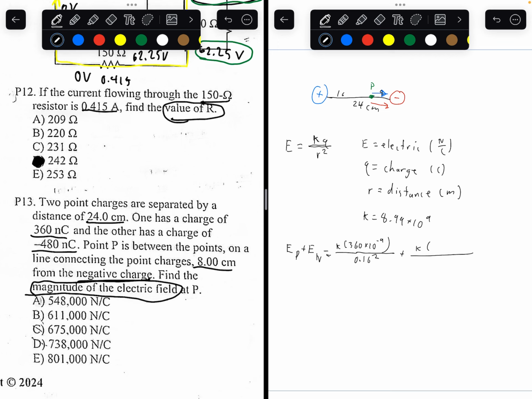Same method for here. Remember, using the derivation of Coulomb's law, you do not want to use negative signs. You actually want to get rid of the negative signs. After you interpret the direction of the electric field, the negative sign isn't much use anymore. So I would just get rid of the negative sign, just keep 480 times 10 to the negative 9. And the distance between the negative charge and the point is 8 centimeters or 0.08 meters, and then you want to square that. So now plugging everything in and making sure I substitute K in for both of these values, you're going to get